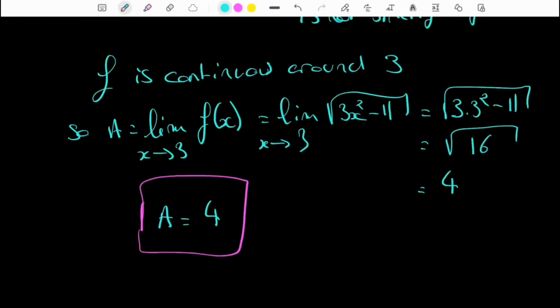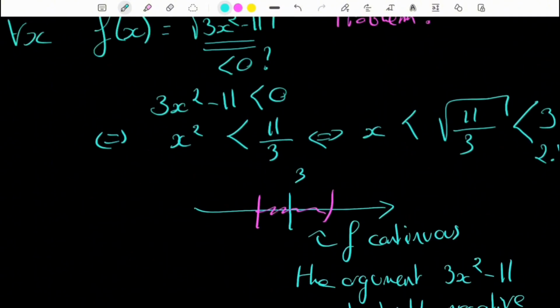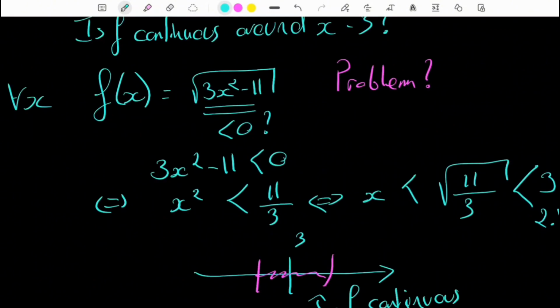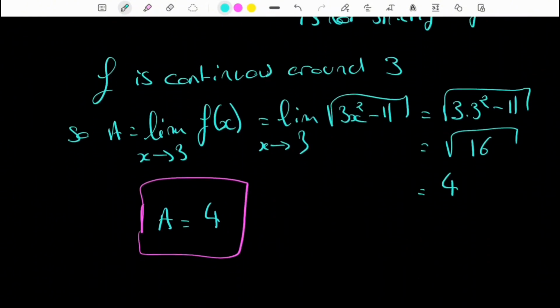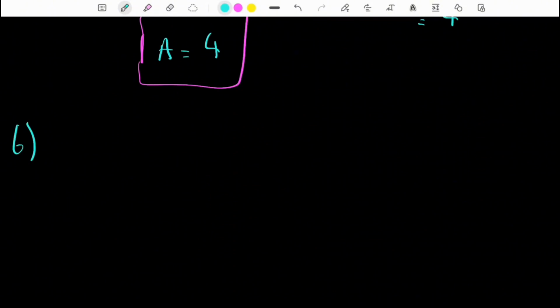Okay? So that's the first and most simple limit you will have to compute. These kinds of limits are really easy to do. Let's solve the other one. So let's call b, this is the sign to say we call or we define something, the limit when x tends to pi over 3 of